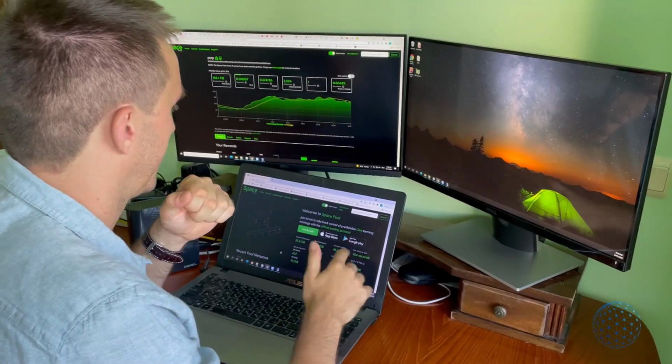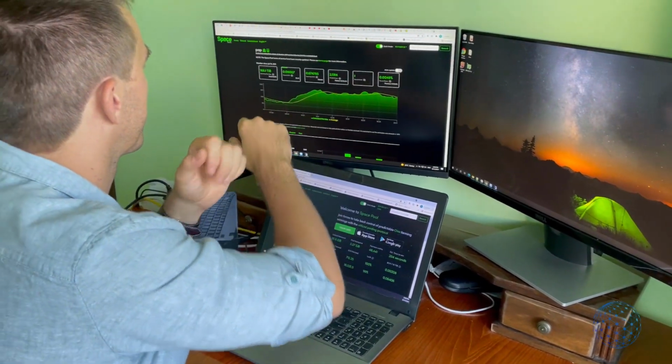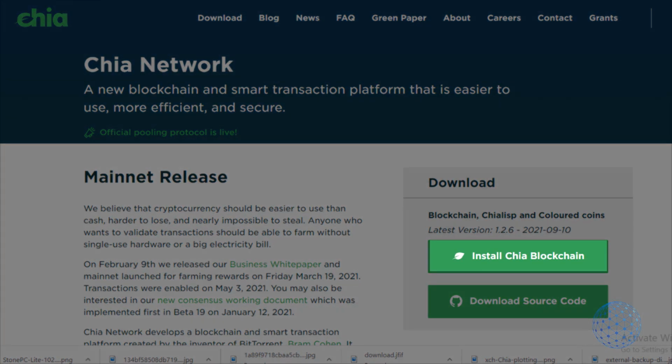But my personal experience showed me that I better create the plots on a PC where the process is much faster, and then I do the actual farming on the external hard drives, which could be connected really to any device as long as you have the Chia blockchain client installed on that machine and it is connected to the internet, of course. So you can find a lot of information about the requirements for Chia farming, but I decided to share with you my personal story and experience, how I started using my laptop.